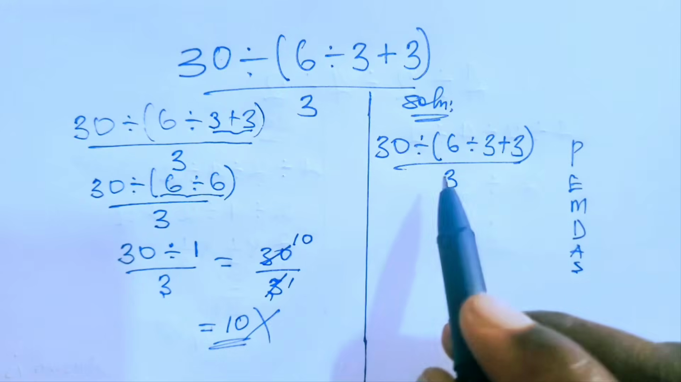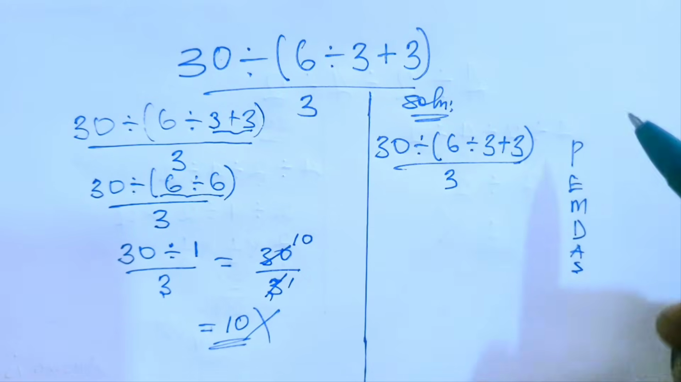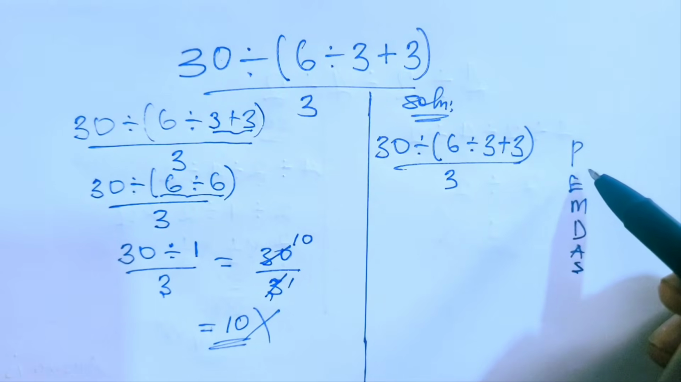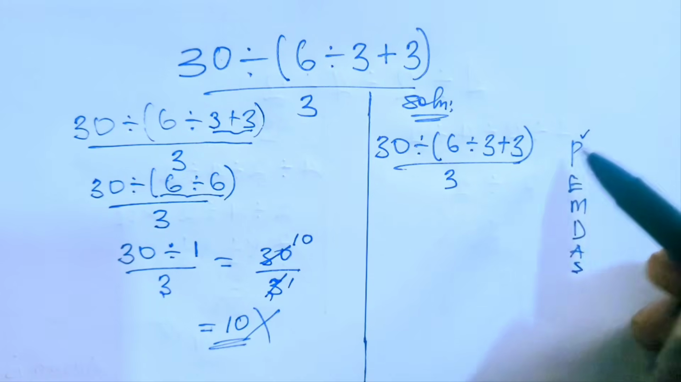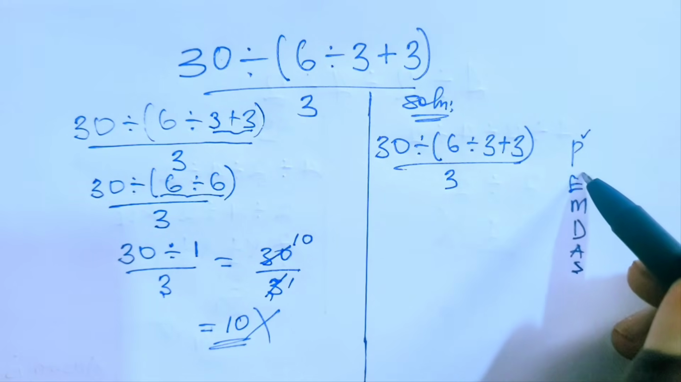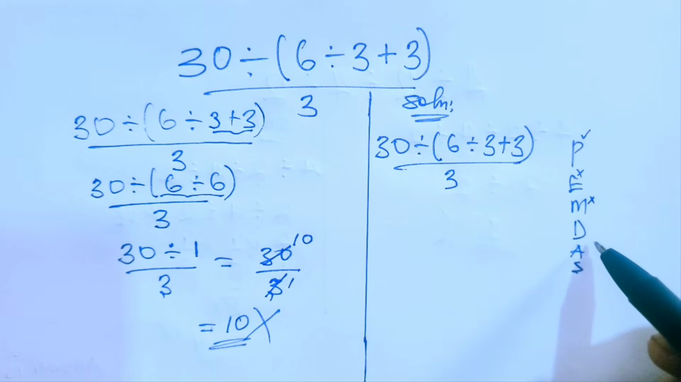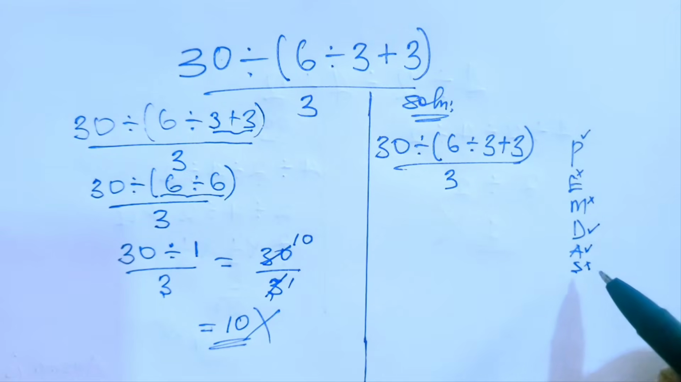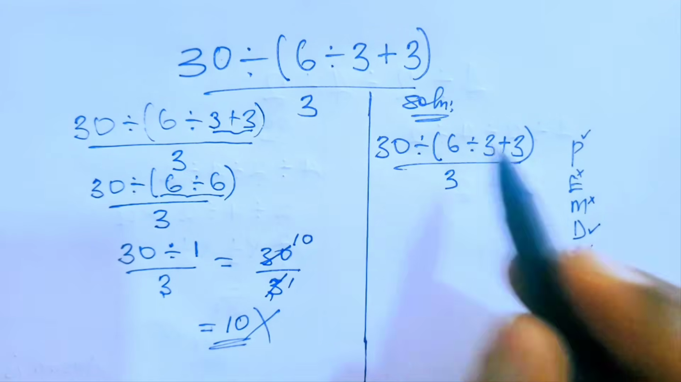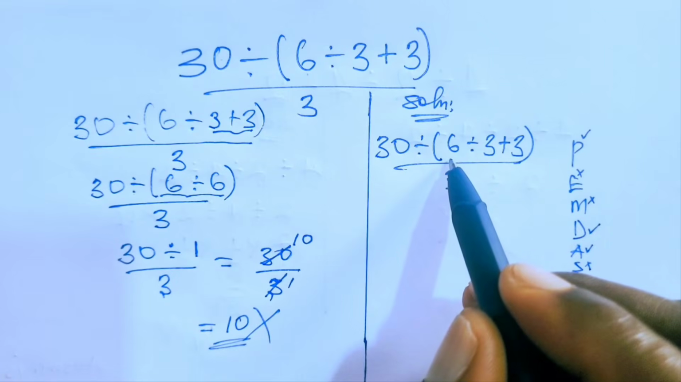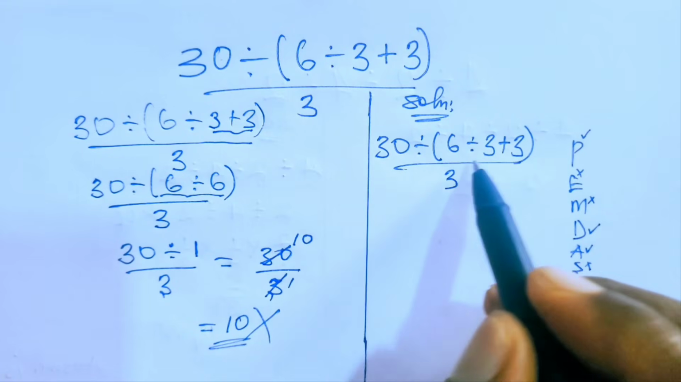Then from this expression here, first we consider parentheses and exponents, but there are no exponents here. We have multiplication, but there is no multiplication here. And here we have division, we have addition, no subtraction. Then as far as following this order, we are going to first of all consider the terms inside